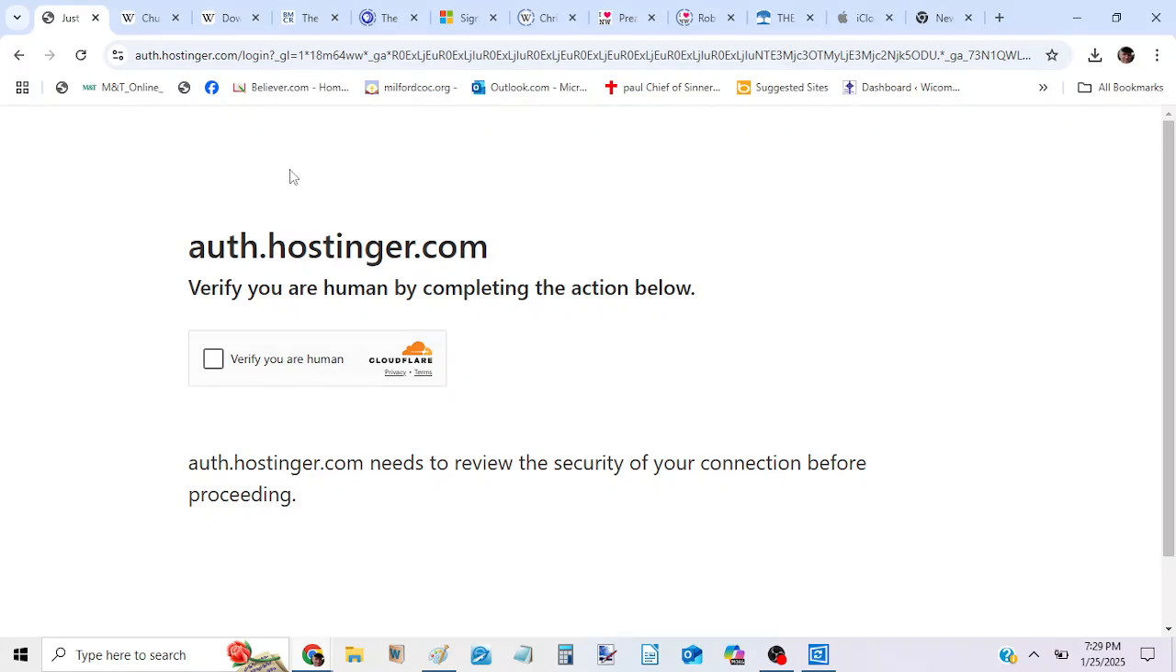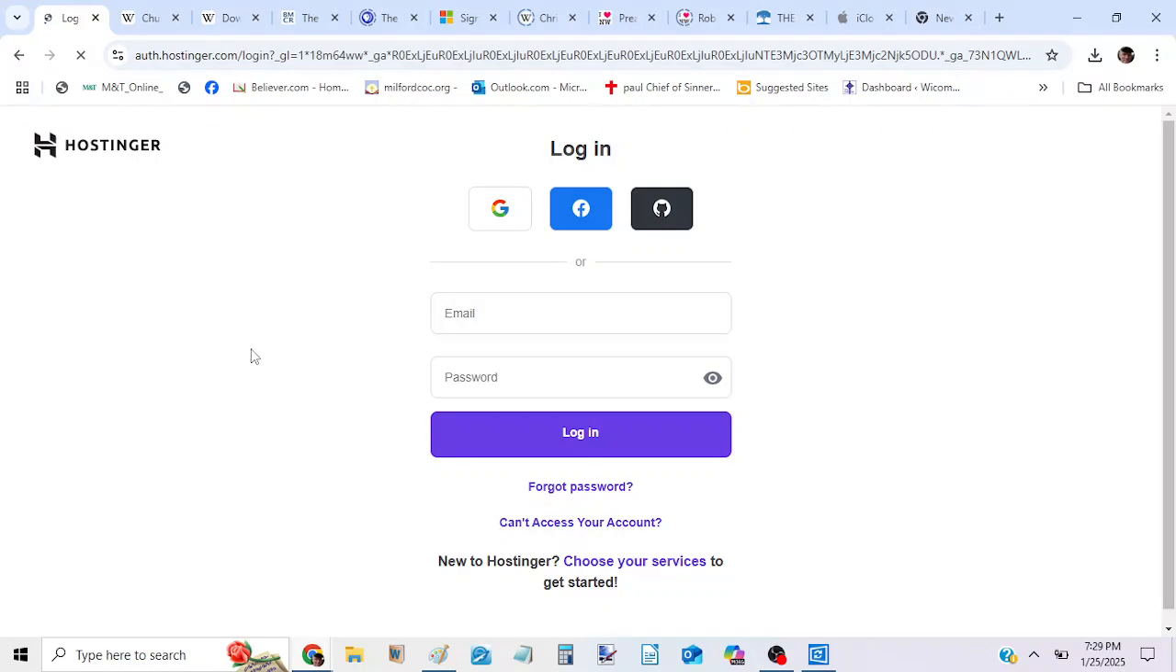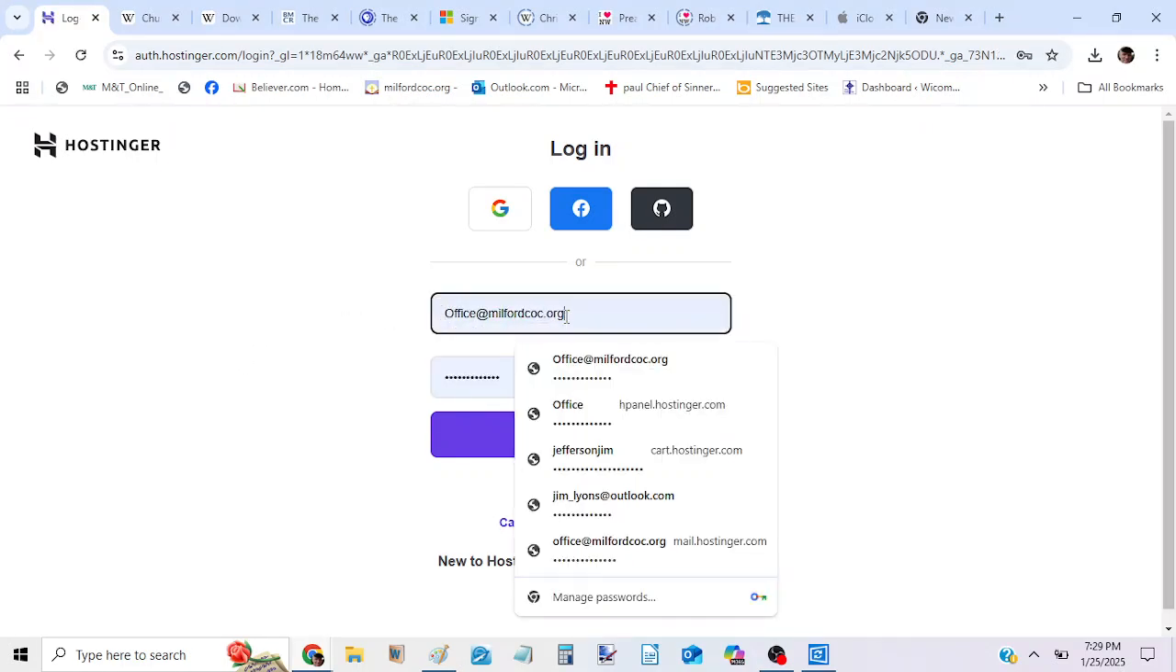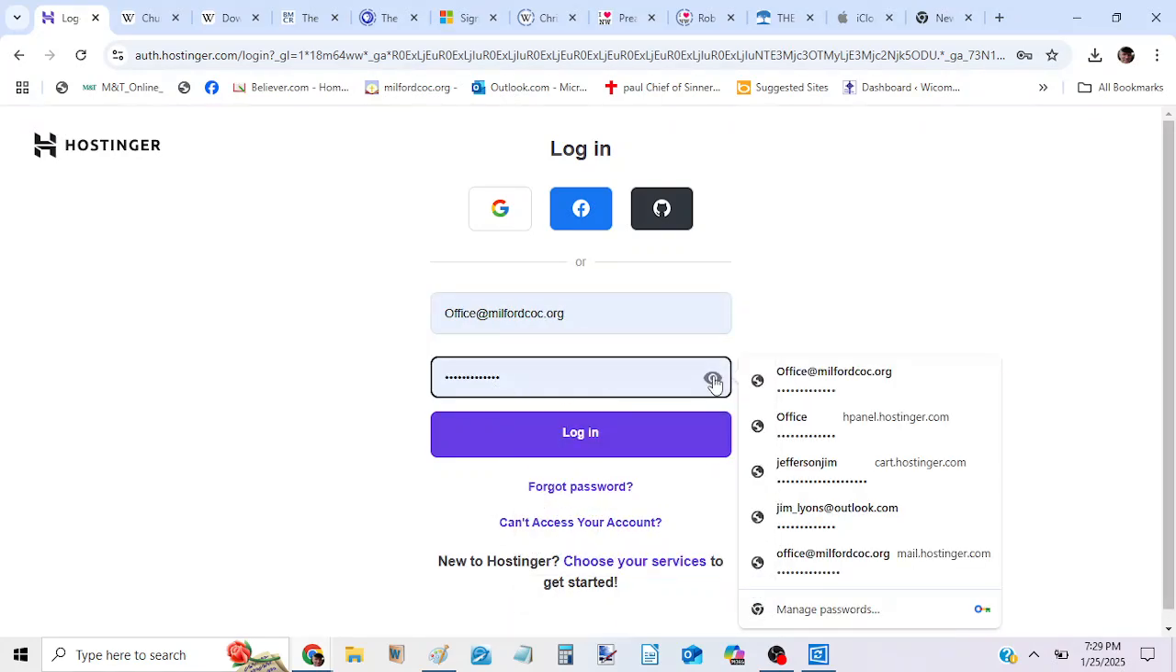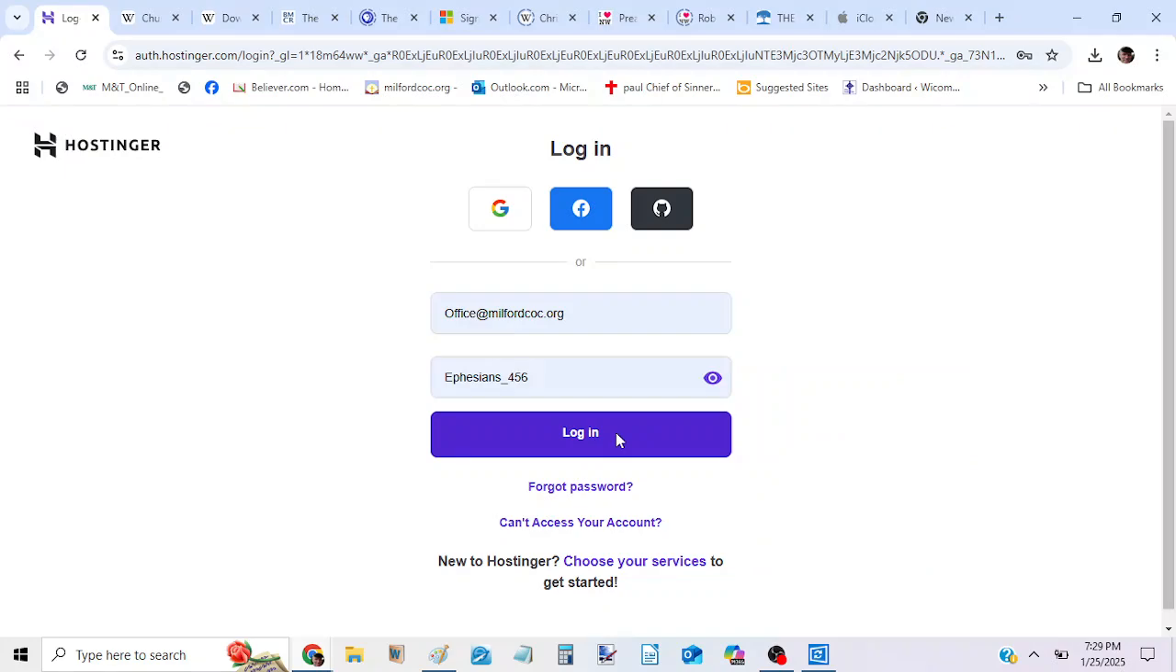So first you have to go to hostinger.com, hit the login. They're going to ask if you're a human. Click on that box so you're not a machine, and then add in your login info, your username and password. Okay, log in. That's going to take us to the Hostinger user panel,